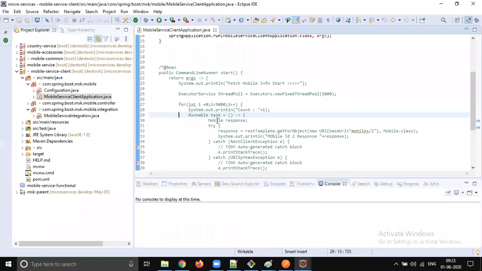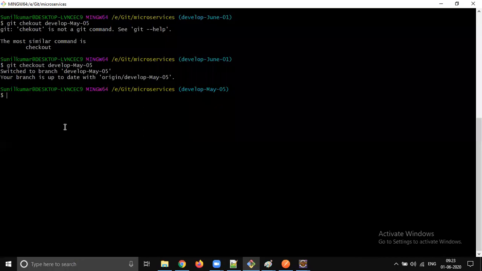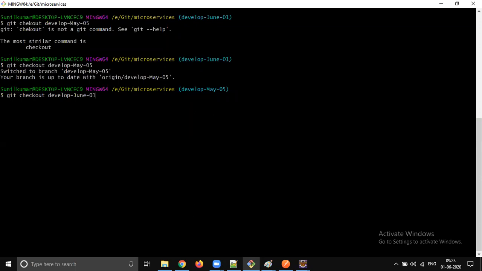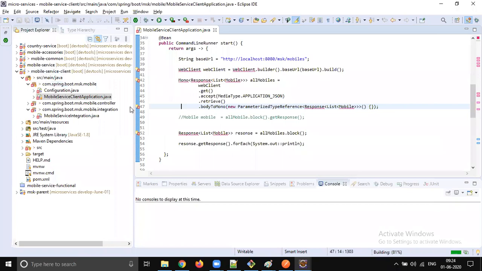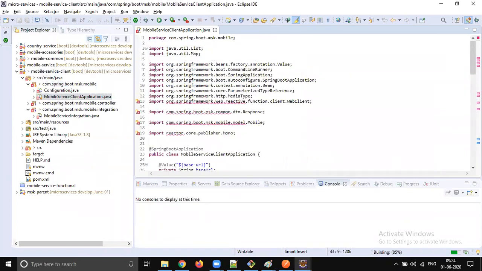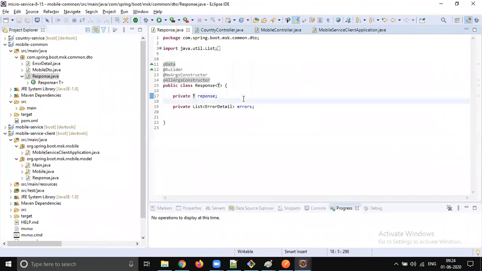So I fixed that code, and that issue code is not committed. The fixed code was only committed into the latest branch. Whatever the latest code in the branch, develop 01, that is also not the issue code. It is also fixed code. So I cannot show that issue. Okay, yeah, so that is the reason why we are converting this.